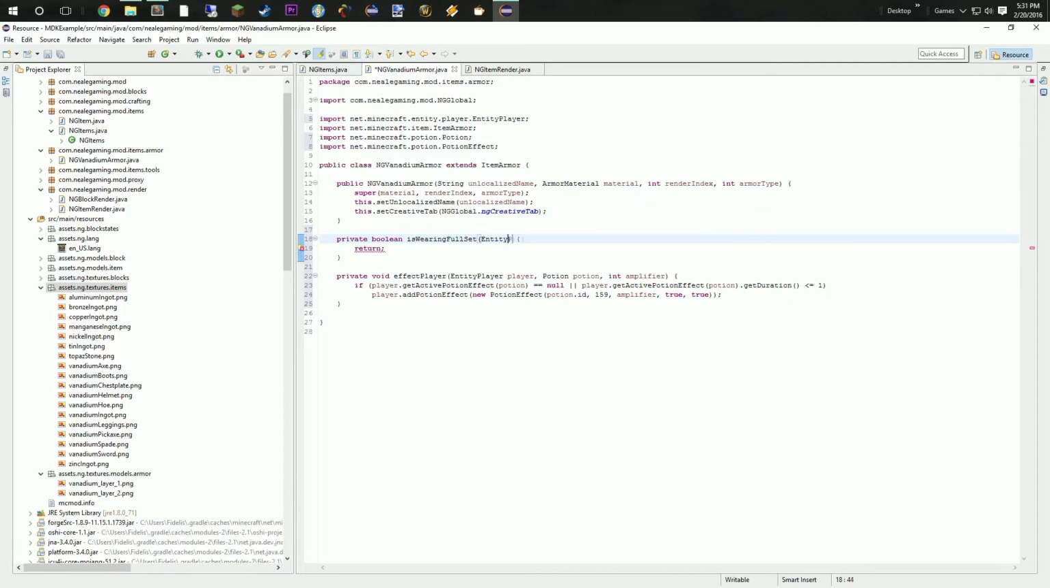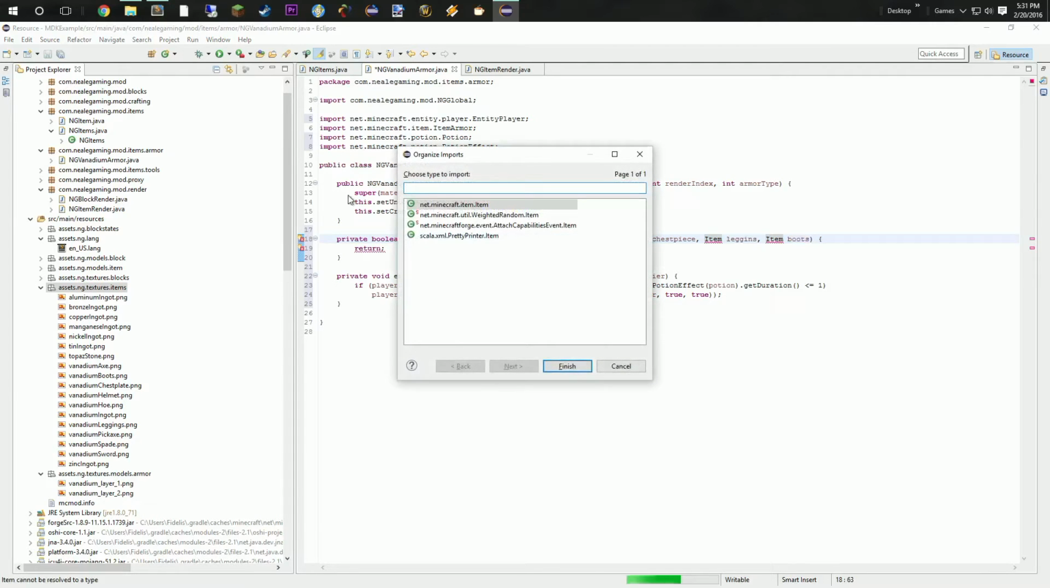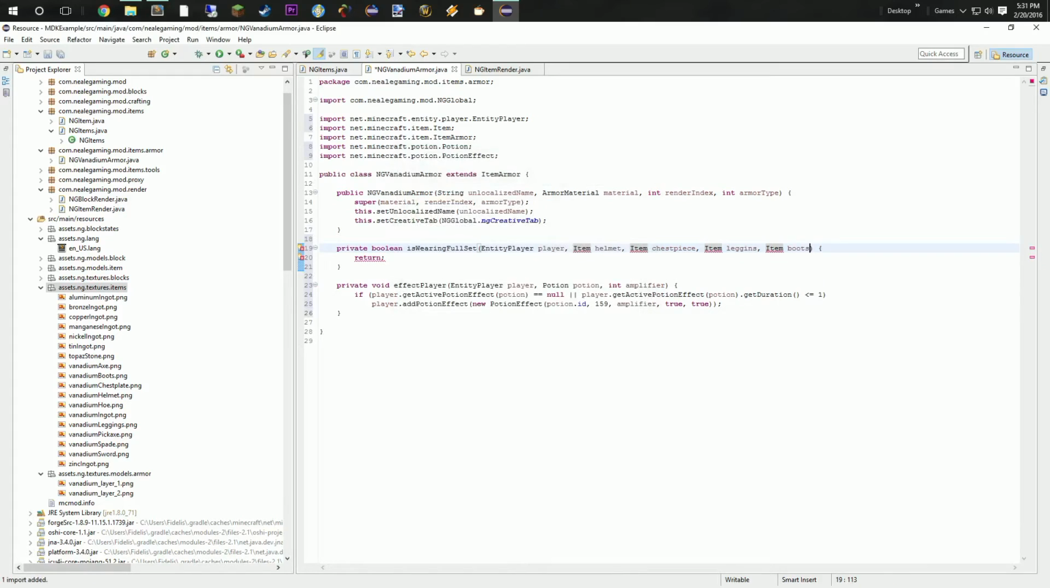We need to pull in the player so we can check them out. So we're going to have an entity player. We're going to have an item, which will be the helmet. We're going to check that out. We're going to check out the item, which will be the chest piece. We're going to check out the item, which will be the leggings, and we're going to check out the item, which will be the boots. Like so. Import those. Make sure we've got everything in here. Net.minecraft.item. So we're going to return